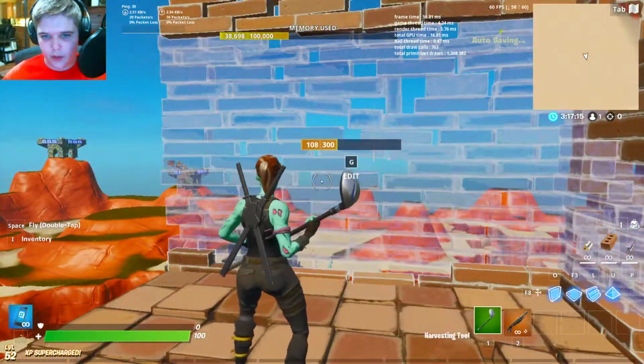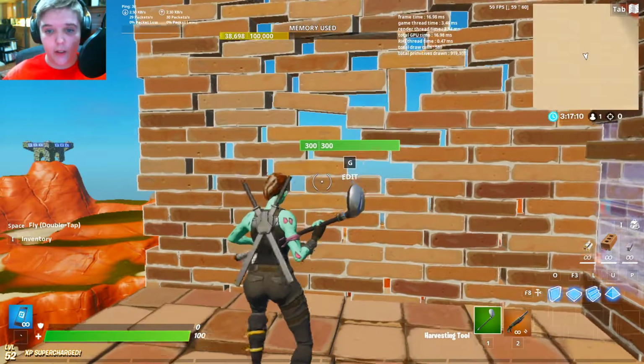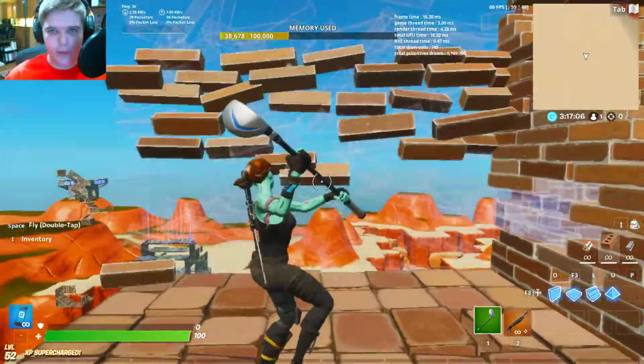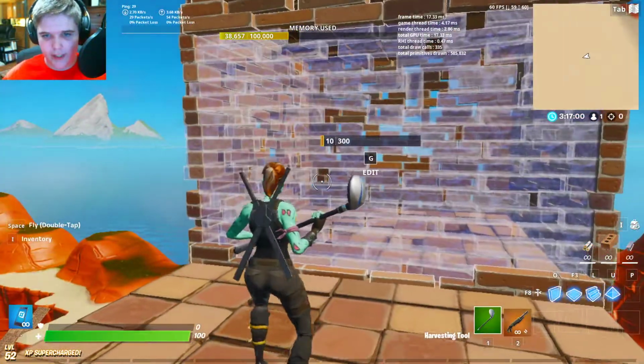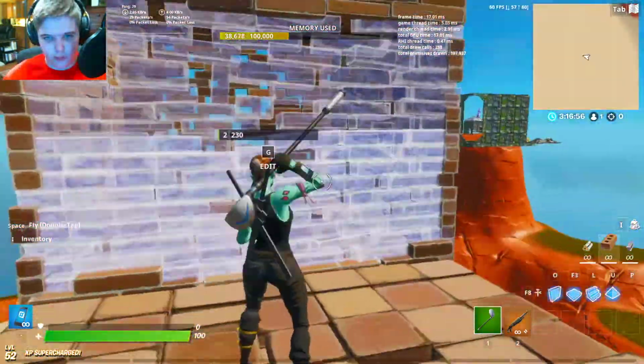So, okay, watch this. 300 health. A pickaxe does 75 damage. I knew that, by the way, just saying. So when they're doing all these fancy edits, look, it starts at 1. So even though they're doing all this, if they're really fast at it,